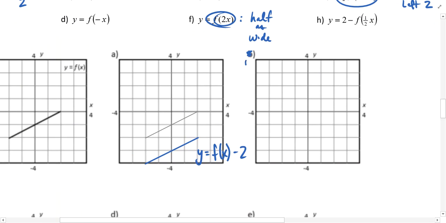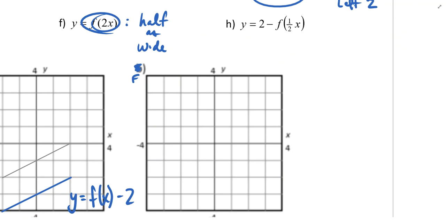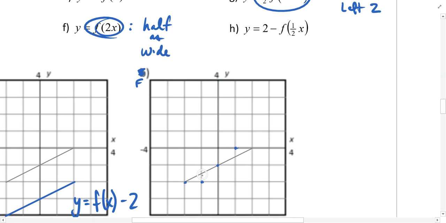For f, I'm just going to place that here because we can see this. We know the graph is going to be half as wide. So what was originally this shape now gets reduced in width by half. So the x value that was here gets reduced in half. What was a -2 becomes a -1. What was a +2 becomes a +1. This guy in the middle doesn't change. This x value of -1 becomes -1/2, and x value of +1 here becomes +1/2. And it looks to me like a